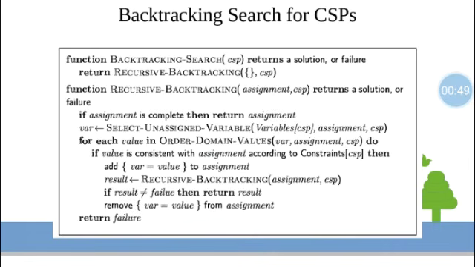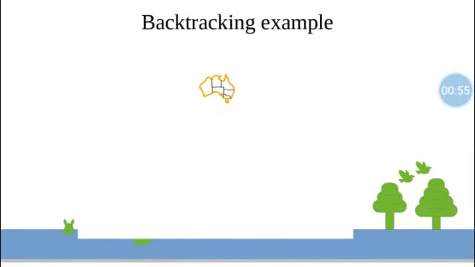Now we are going to solve the map coloring problem using this backtracking algorithm. This is the map coloring example that we have seen in the last lecture. This is a graph of Australia which contains Western Australia, Northern Territory, South Australia, Queensland, New South Wales, Victoria and Tasmania. In this case the variables are all the regions of the map of Australia. The domain contains three colors: red, green, blue, and obviously the constraint is that adjacent regions must not have the same colors.